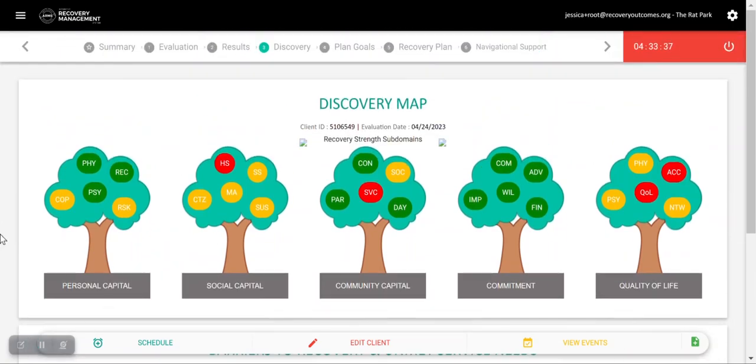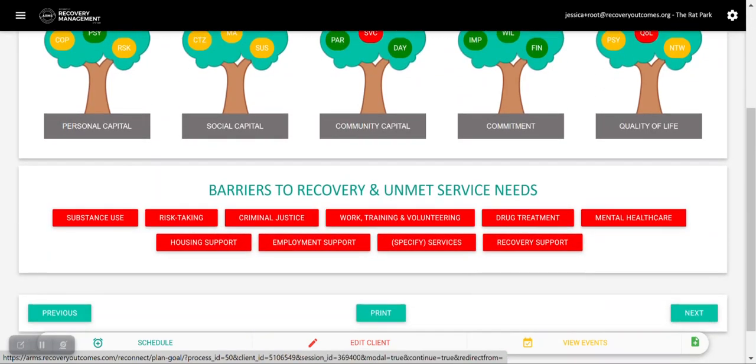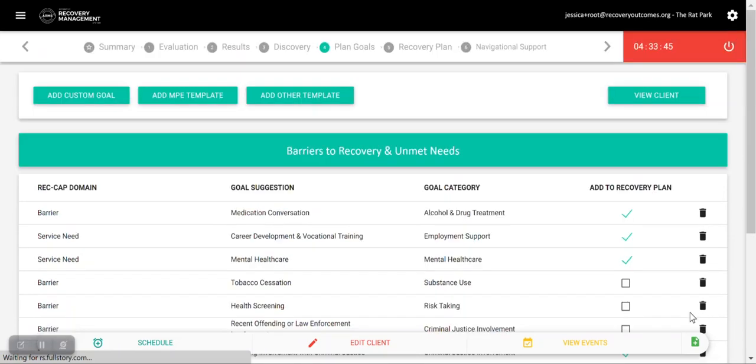At the very top, you can either select Plan Goals here, or if you're at the bottom of the screen, you can select Next. We've now landed on the Goal Template screen. We're just going to review some of the foundational things to get you started. So at the very top, the first thing I want to point out is that here we can begin to